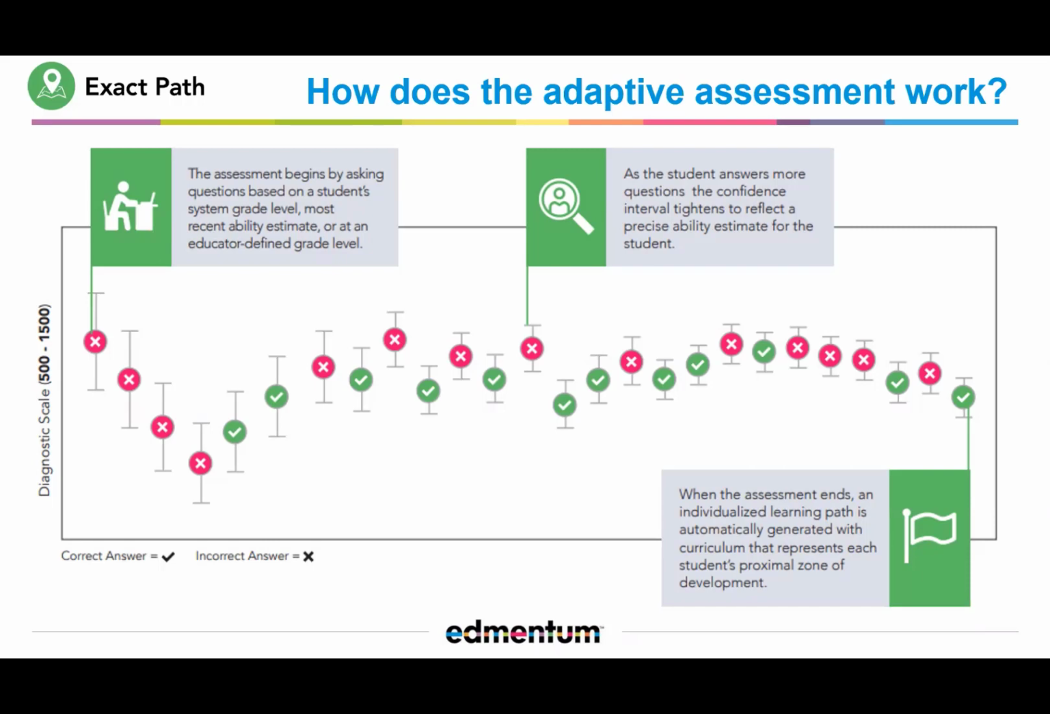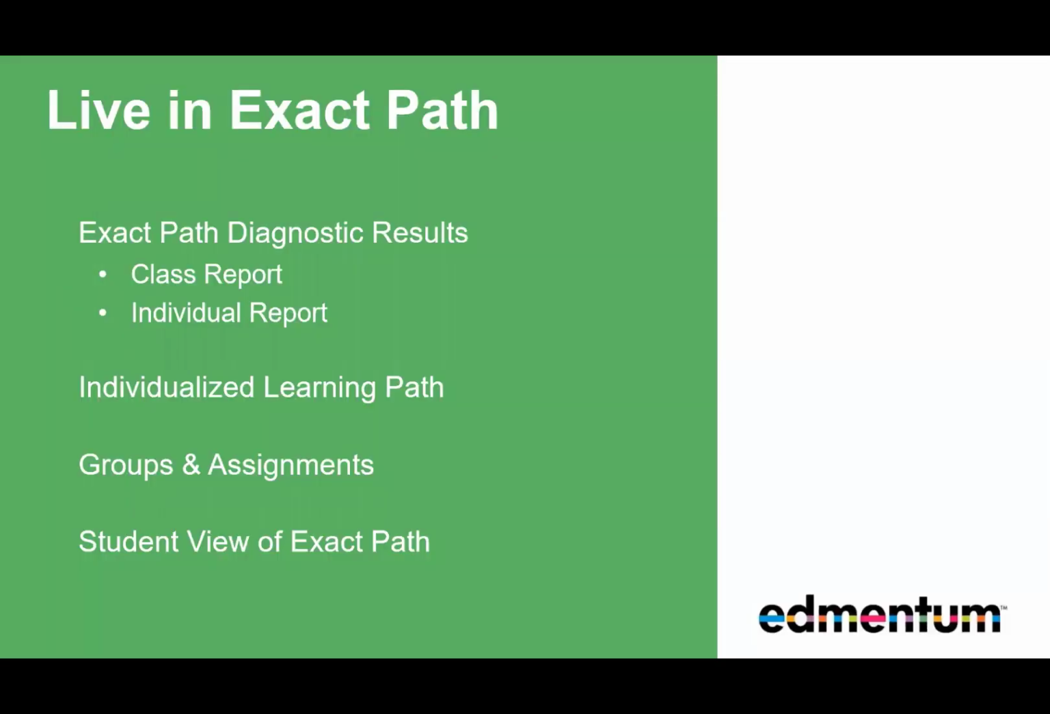The assessment enforces coverage of all domains, so students receive an accurate assessment of their learning level across each subject domain. When all domains have been accurately assessed, the assessment will end, and that could be at different points for different learners. We are going to go live into a demo ExactPath account,